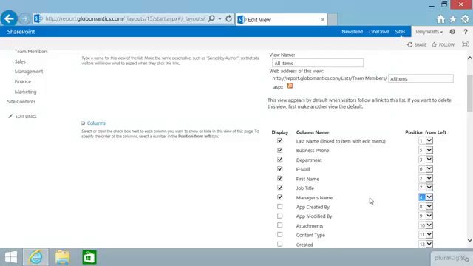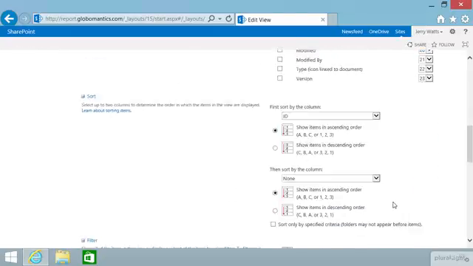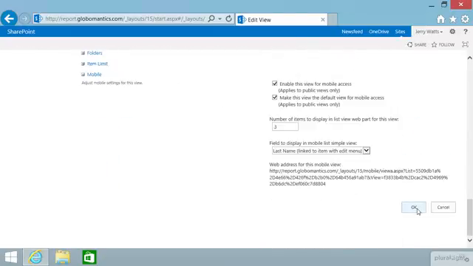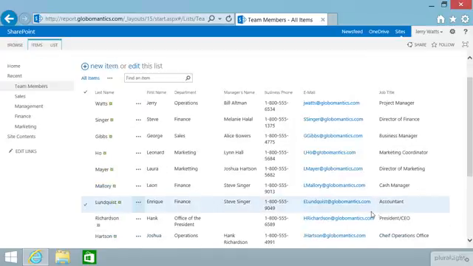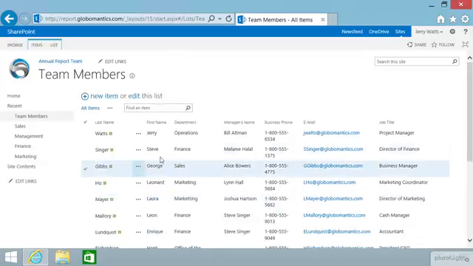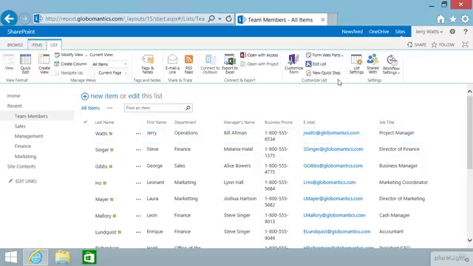And let's see, where does that leave us? Email is 6th. And business phone is 5th. Yeah, I think that looks pretty good. So let's go down to the bottom and choose OK. And now when we come back to our list, we see last name, first name, department, manager's name, phone, email, and the job title. And if we wanted to go ahead and change that, again, it was just as easy,